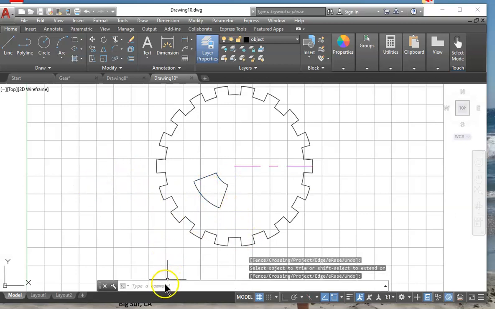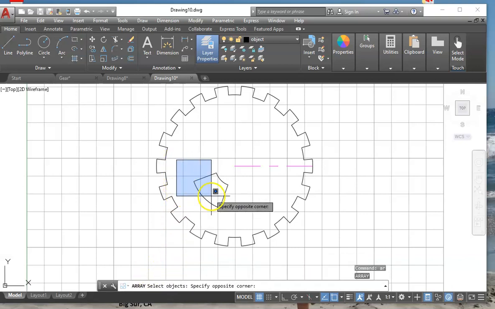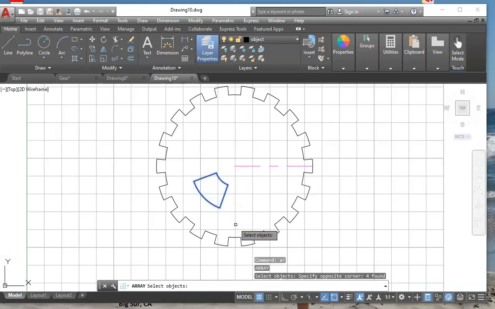We repeat the array command by typing AR, again the shortcut, select the window option, selecting all 4 items,